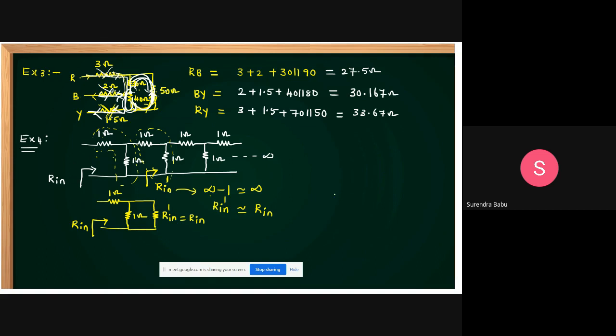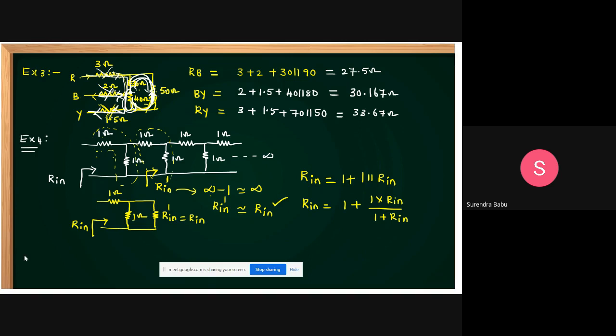Understand? Now I want the effective resistance Rin, students. The effective resistance Rin is these two in parallel and this in series: 1 plus 1 ohm in parallel with Rin. Sir, why did you take Rin dash equal to Rin? I told you that reason here. So Rin equals 1 plus 1 parallel with Rin. Then how can we write it, students? Rin equals 1 plus 1 times Rin divided by 1 plus Rin.